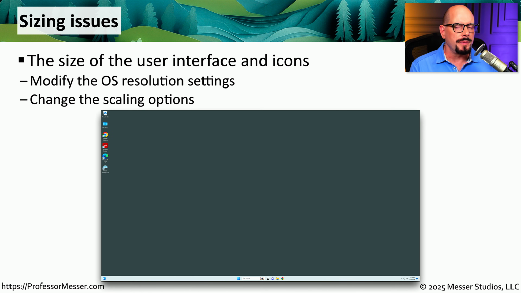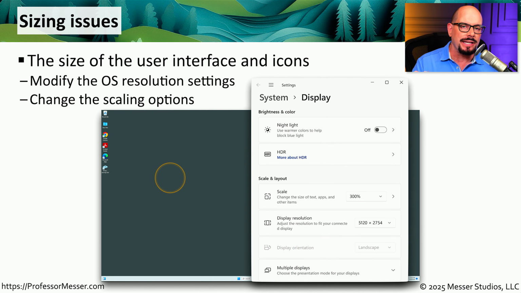Another sizing issue you might run into is when you have a very high-resolution monitor and you're running your operating system at the native resolution of that monitor. This commonly results in tiny little icons that are on the screen and text that is very difficult to read. But there are configuration settings that allow you to change the scaling of the operating system so that you can keep the same resolution, but simply increase the scale of the text, the apps, and other items in the operating